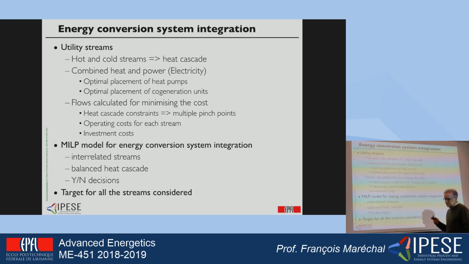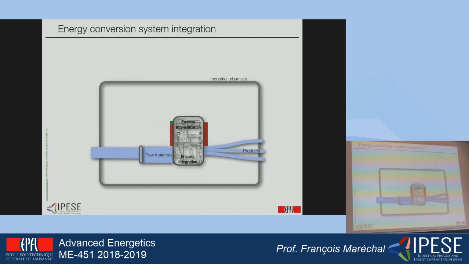And we have been showing that there is a very nice method that is using mixed integer linear programming methods in order to select which are the best options, and once they are selected, to calculate to which extent each one of the subsystems has to be used to close the energy balance. So at the end we have a system like this one, where we have the heat recovery, the heat pumping,